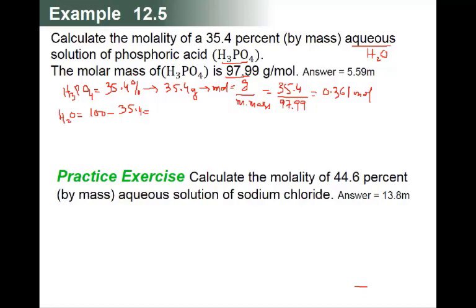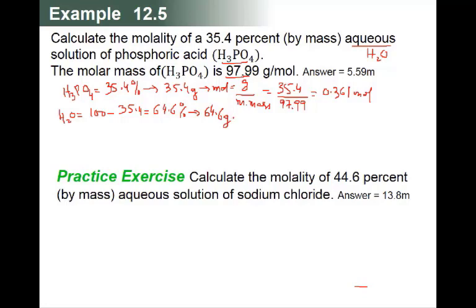So 100 minus 35.4 is 64.6. This is percentage. The percentage is equal to gram, 64.6